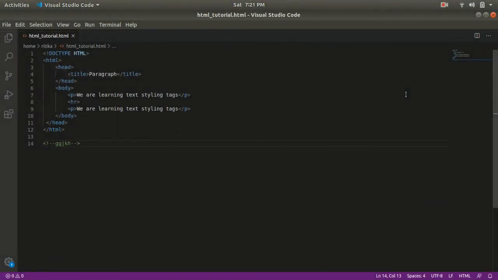Hi. So we studied about paragraph tag, div tag, span tag and heading tag. But we are not yet done with tags. Today we are going to study about anchor tag, which is also known as hyperlink or link. It helps in linking to different websites, different links or within internal website. I'll let you know with the example.